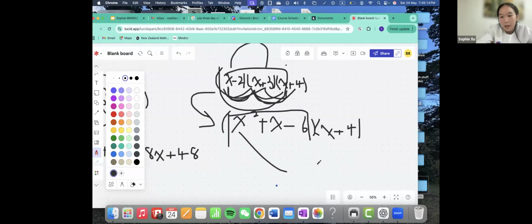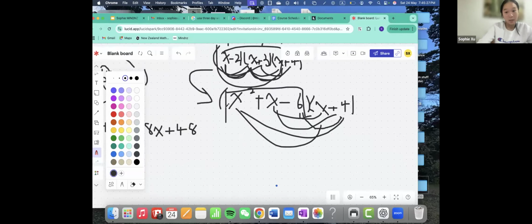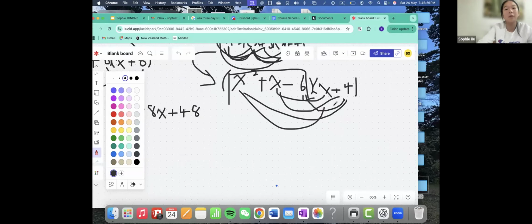You go x squared with x, x squared with 4, x with x, x with 4, and then negative 6 with x, and negative 6 with 4, and then you get the fully written out version, which is x cubed,